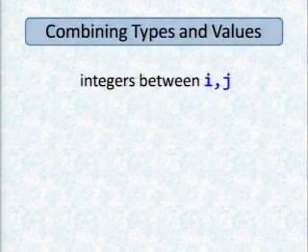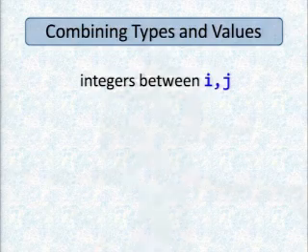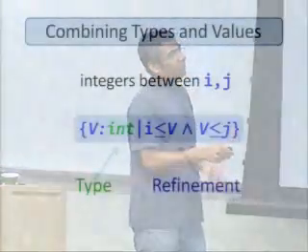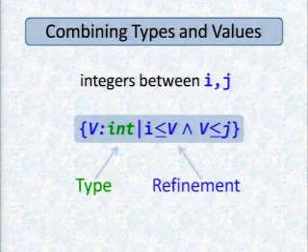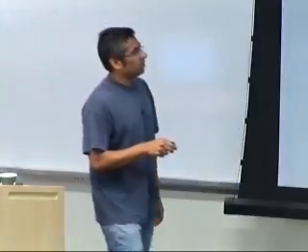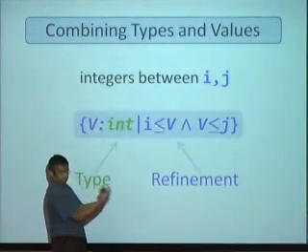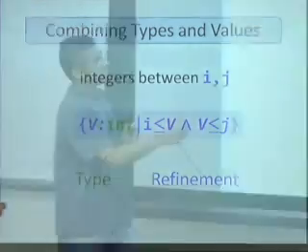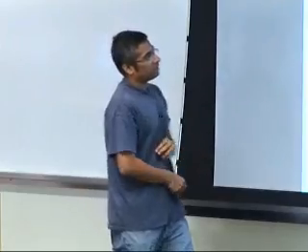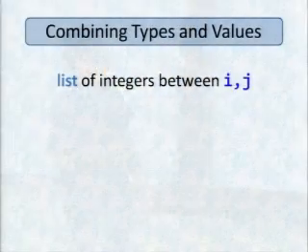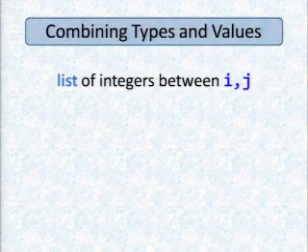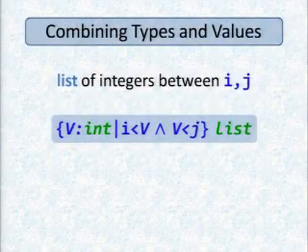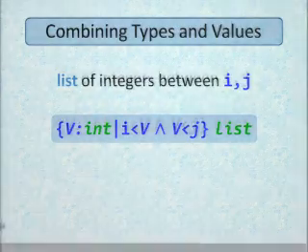How about integers between two program variables i and j? So here's how it's different from type state: you want the types to be able to refer to other program variables, or what they call depend on other program variables. So v is an integer, and now the refinement says that this value v, which describes the value that you're trying to describe, is greater than i and less than j. So this dependent type or refined type describes values that are in the range i through j. What about a list of integers between i and j? It's pretty straightforward. This describes integers between i and j, and you just slap a list in front of it.